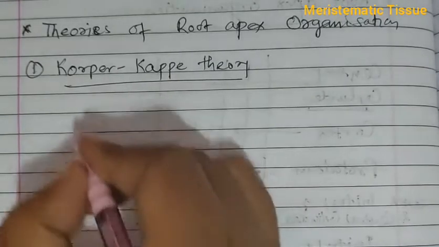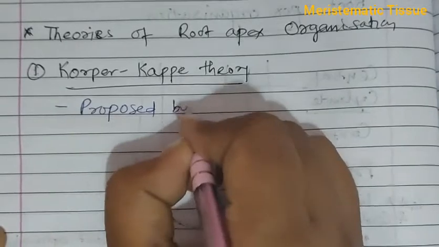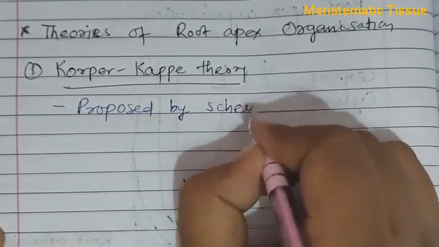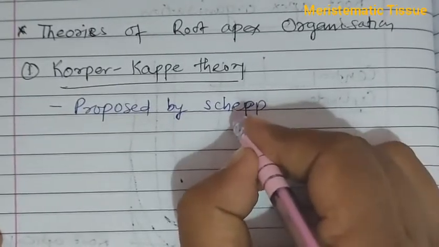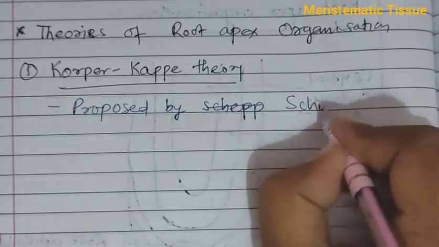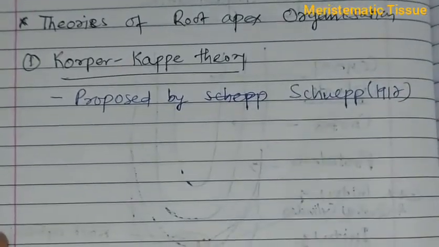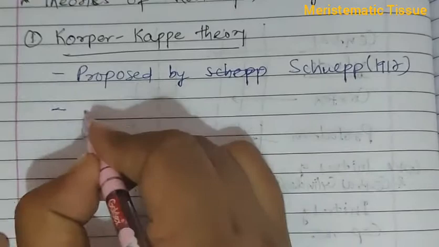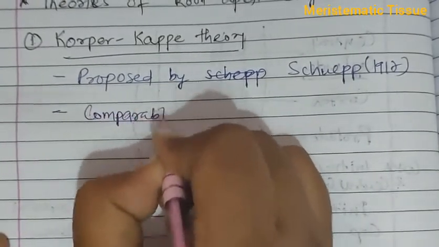This Korper-Kappa theory was proposed by Schuepp in 1917, and according to this theory, it is comparable to